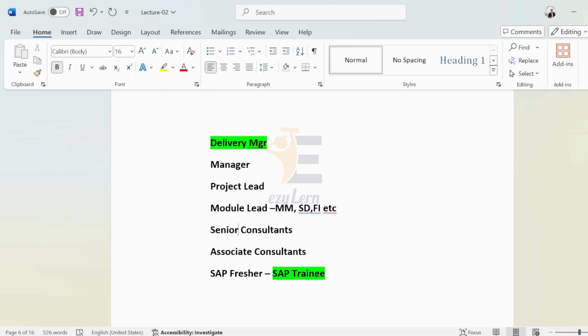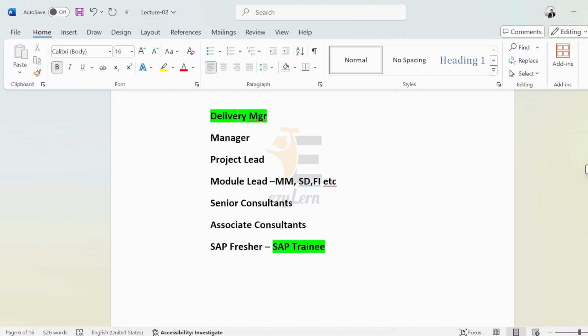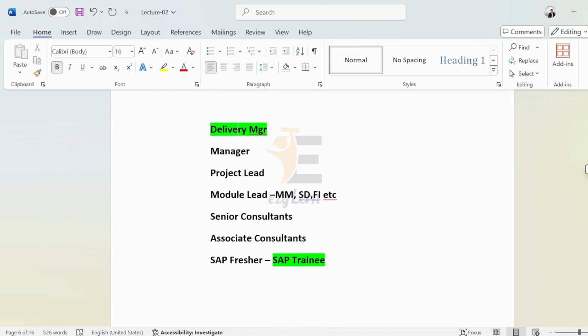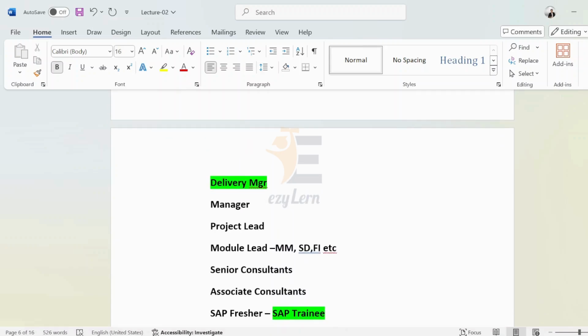Then you will be promoted to module lead, then project lead, and then manager and delivery manager. These are the positions, this is the hierarchy, you can say. Then solution architect is also there. All that hierarchy is there.